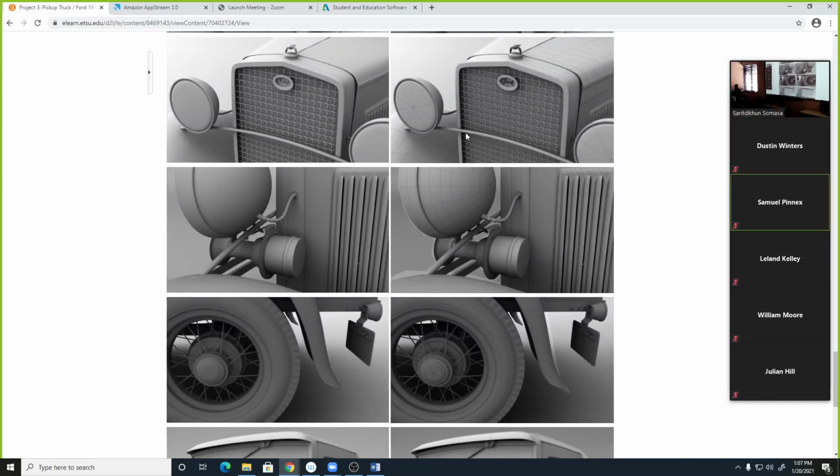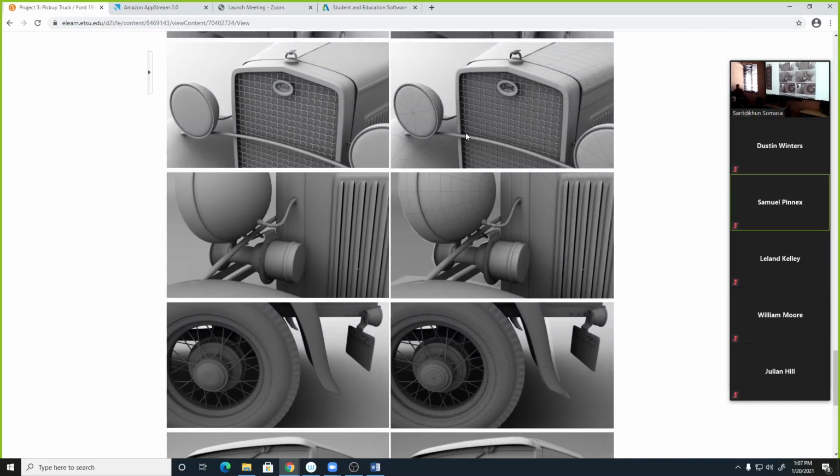Now, on each project, you are required to post your work to promote yourself on ArtStation. So we will create the